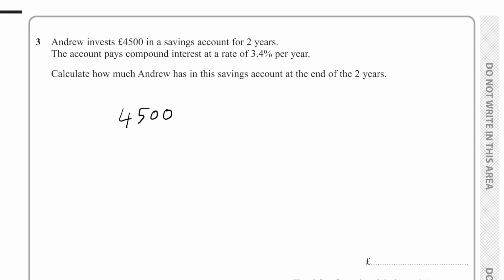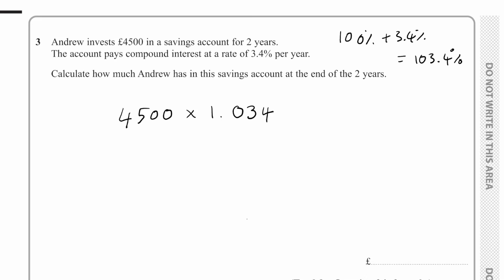We're going to add on 3.4% the first year, and then add on 3.4% again to that new amount for the second year. But we can do it in one calculation. So to add on 3.4% in one calculation, 100% plus 3.4% is 103.4%. So to add it on in one calculation, we times by 103.4%, or as a decimal,